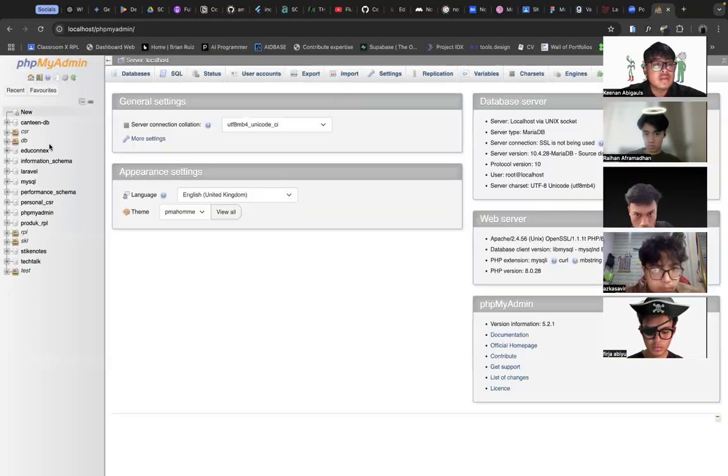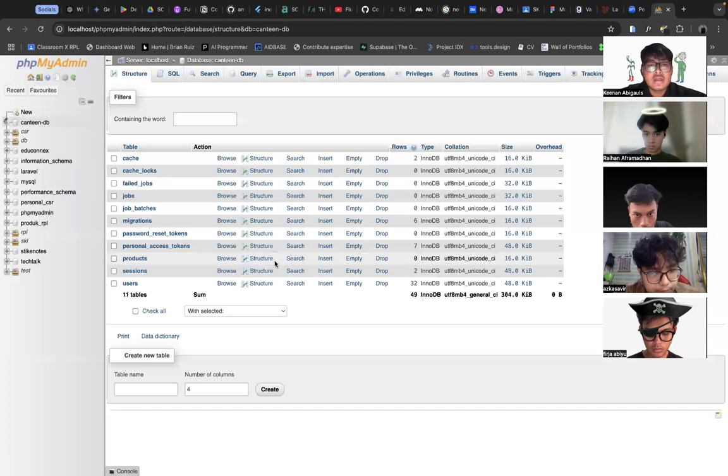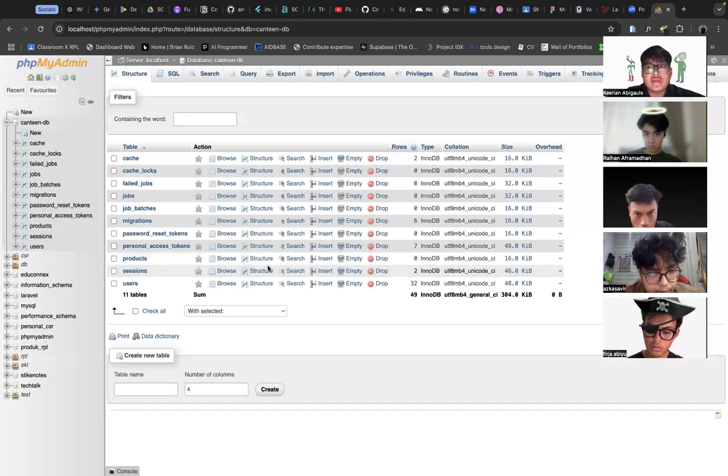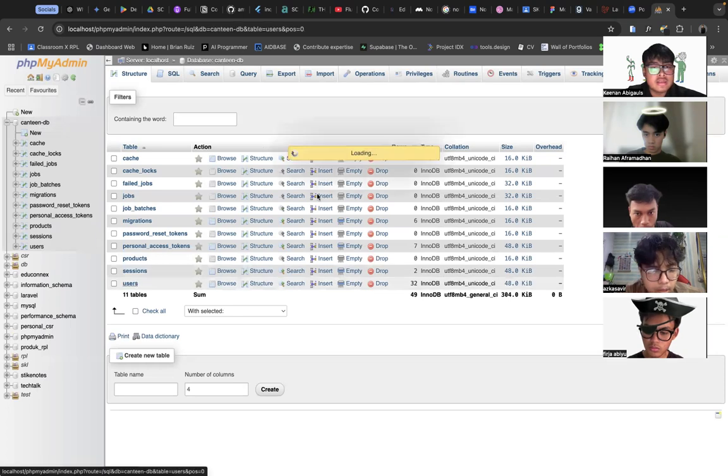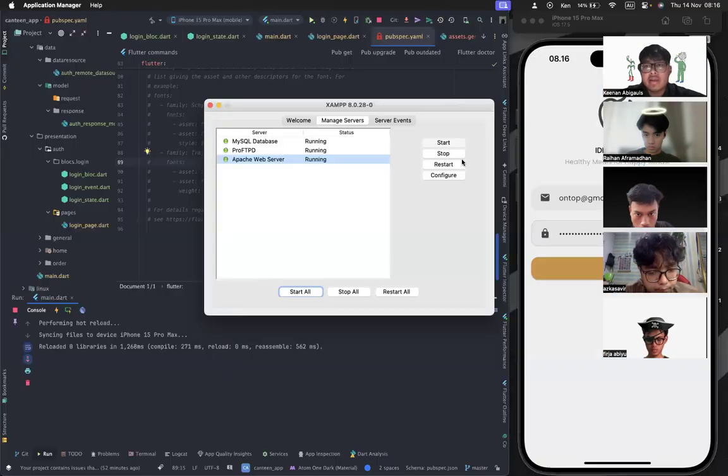There you go. And then you can check the connects. I mean the Canteen DB or the database you want, you have in your env or the environment, and then it will check the users. And yeah, since this is using our IP address, we can directly shoot the API